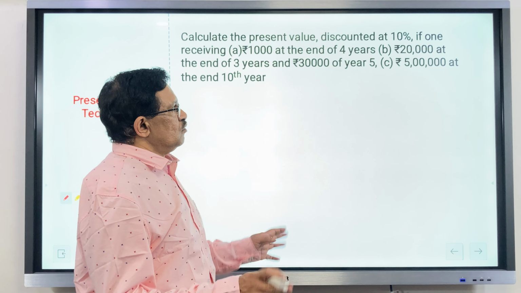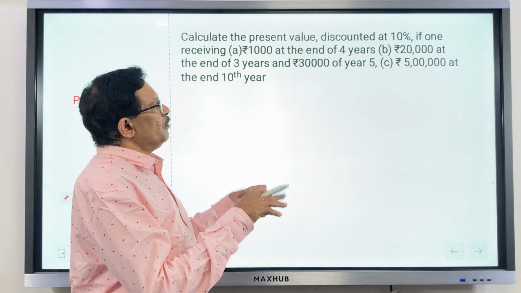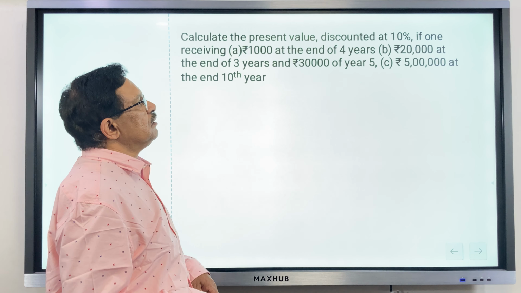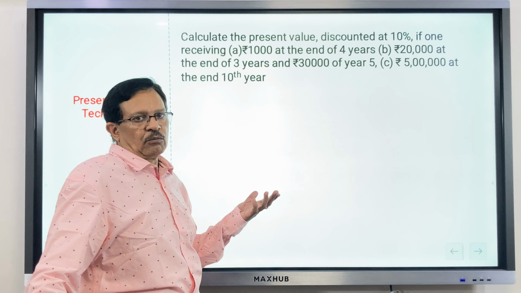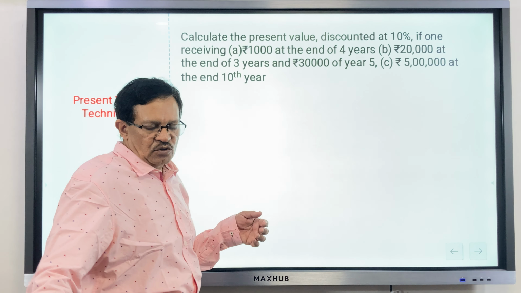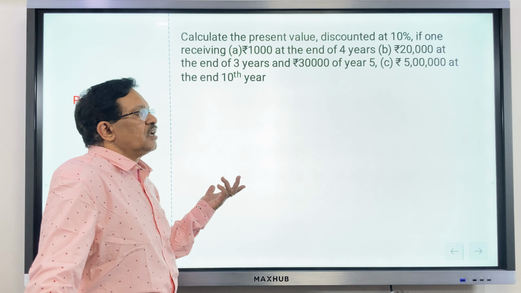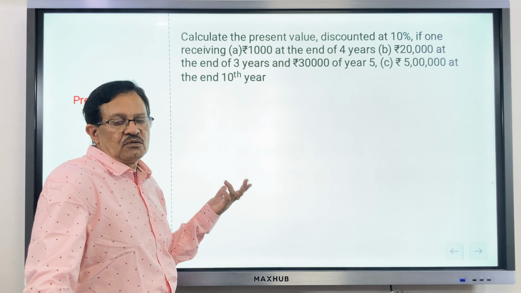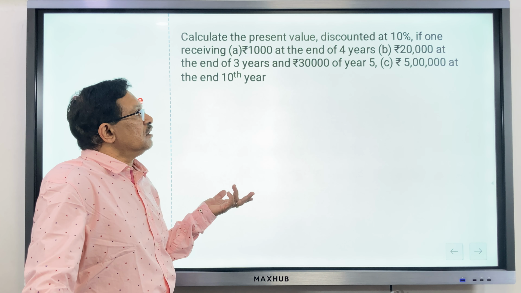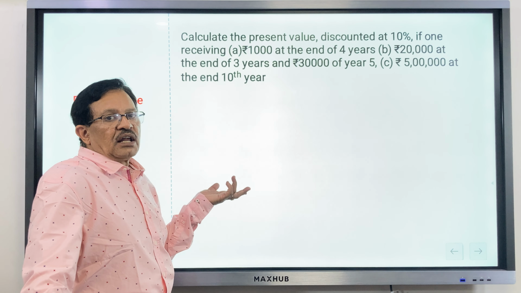Let us work out how these problems can be done by using table values. That becomes very easy. Instead of using a scientific calculator, using the table values becomes very easy and convenient when you want to calculate the present values,